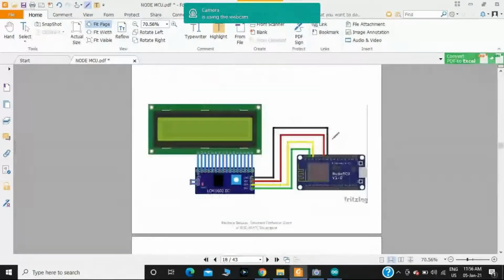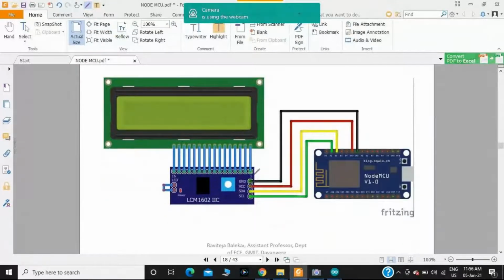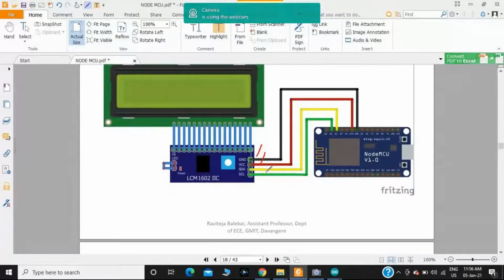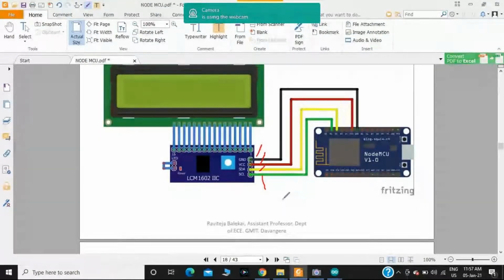In this case, observe it carefully. In the I2C LCD, you have only 4 pins: one for ground, the second for VCC, the third for SDA and the fourth for SCL. As you know, the importance of using I2C is that under I2C, multiple masters and multiple slaves can be there. In my case, I'm preferring I2C, and the I2C LCD acts as a slave, and the microcontroller acts as a master.